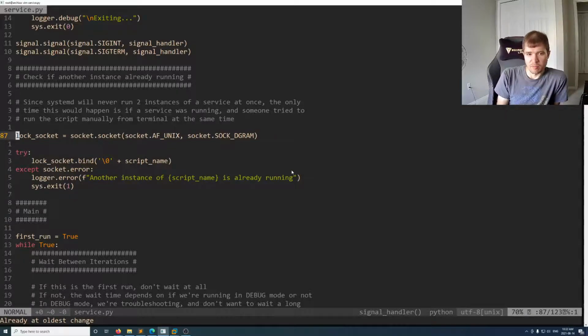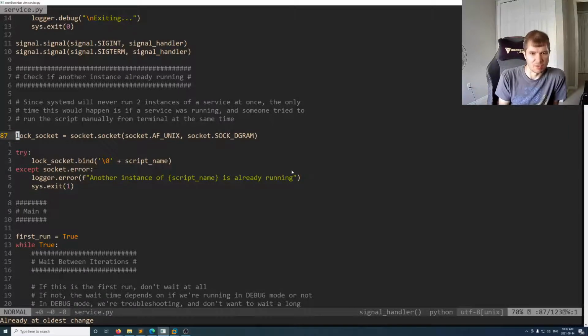Another thing we have is this check if another instance is already running. A lot of times I'll have my script running in the background with systemd, and then I'll try to work on my script in the terminal, and I'll forget that systemd is running my script in the background. And if my script is doing modifications to a database, for example, I'll be trying to figure out why the database is getting hit twice. So if my script is making a change to a particular column in some table, I'll be trying to figure out why that change is doing something that I'm not expecting,